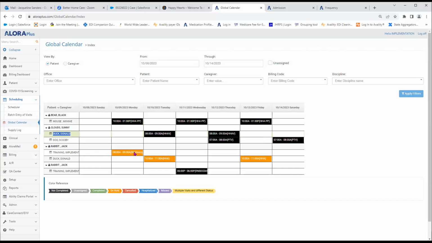You can customize this. If you wanted to look at just one patient, just one caregiver's calendar, there are lots of ways that you can customize. If you wanted to look at any unassigned visits only in the global calendar and you pick your date,